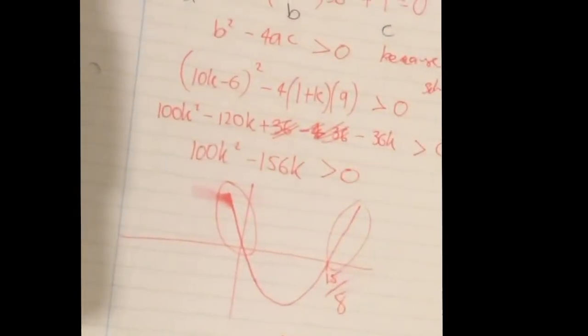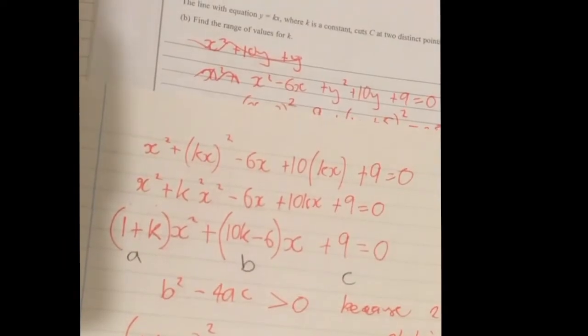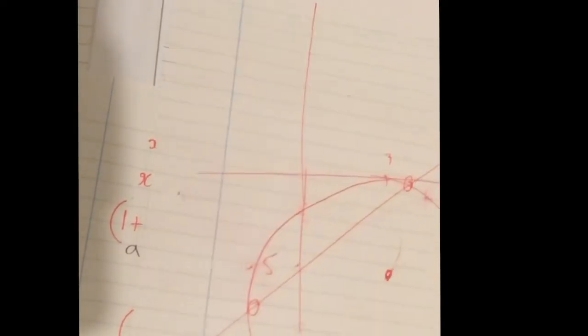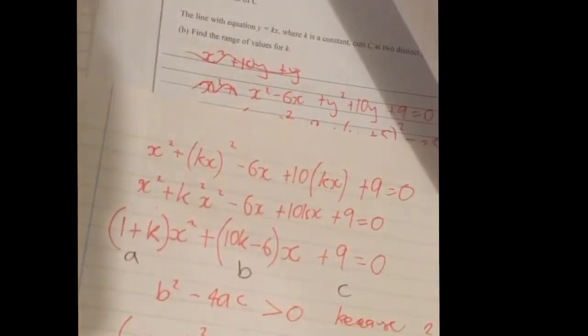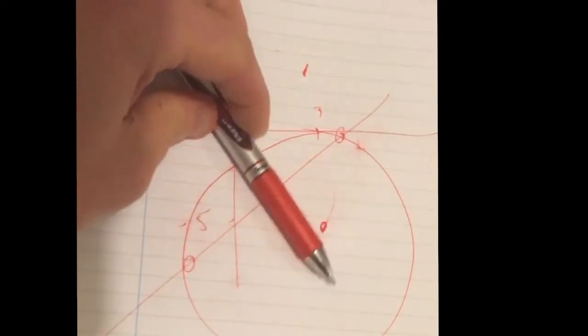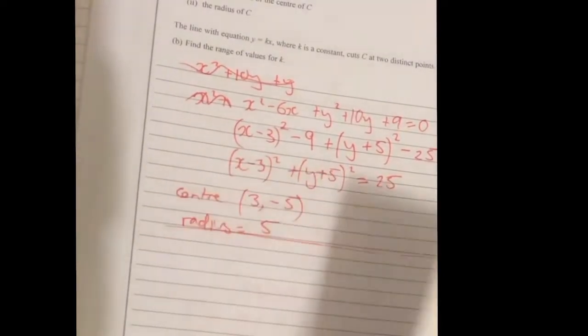When those values are true, for this line, it will cross the circle in 2 places. So if the gradient is less than 0, if the gradient is negative, you'll always do it straight away. If the gradient is more than 15 over 8, so steeper than 15 over 8, you'll do it, or always negative. Cool. So last question from paper 1